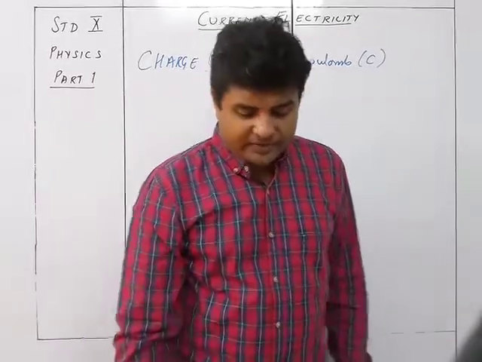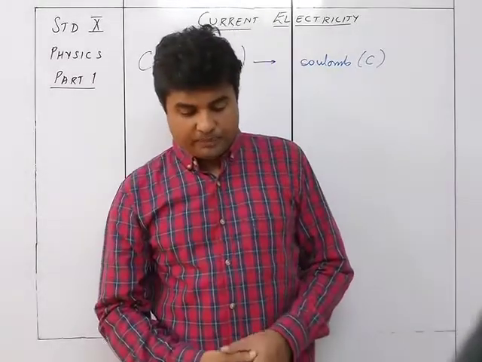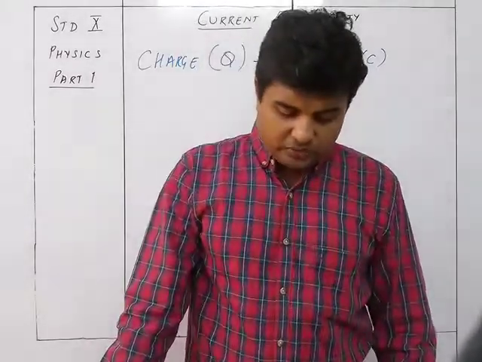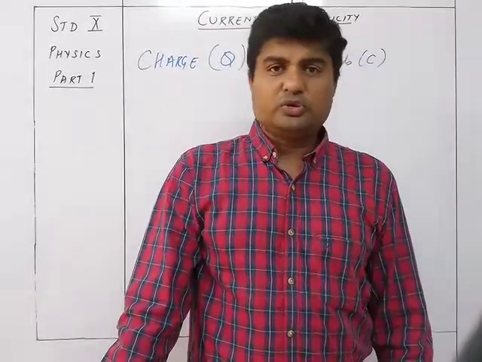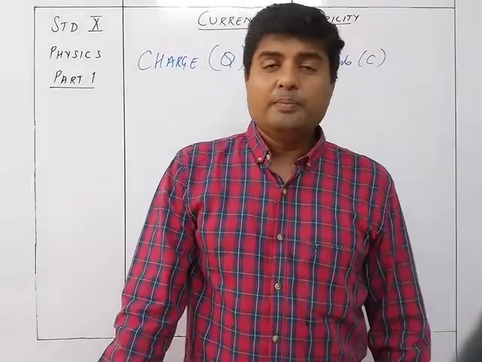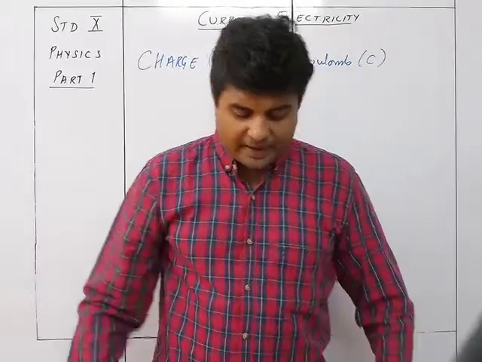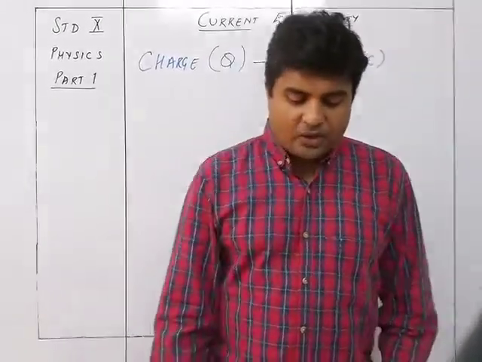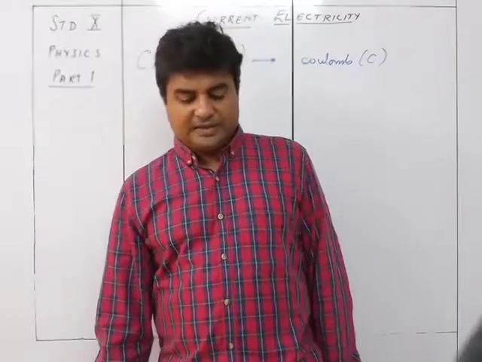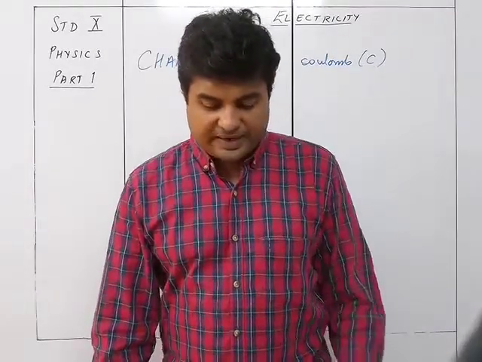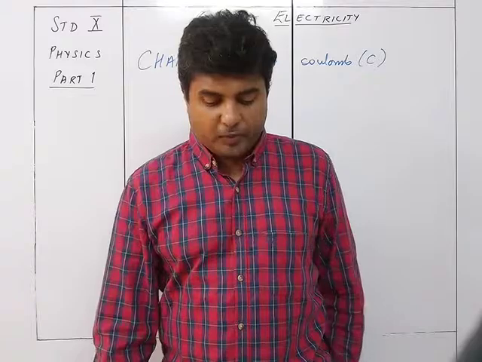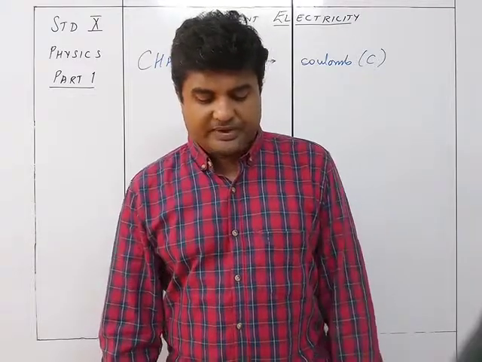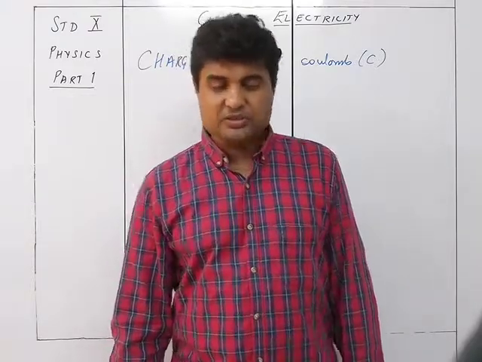And the smaller units of charge will be the millicoulomb, microcoulomb, and nanocoulomb, where 1 millicoulomb is equal to 10 to the minus 3 coulomb, micro will be 10 to the minus 6 coulomb, and nano will be 10 to the minus 9 coulomb. The quantity of charge on a body is determined by the number of electrons in deficit if the body is positively